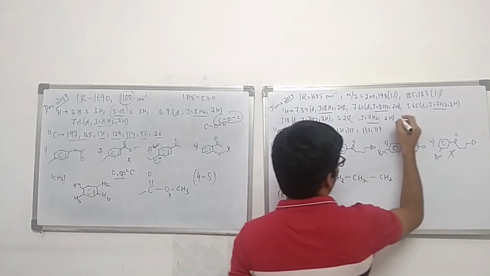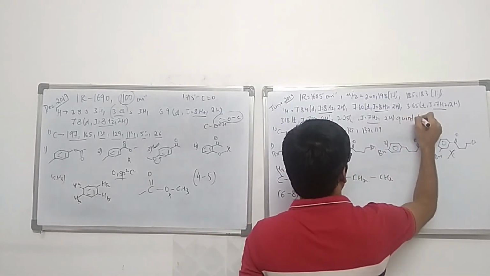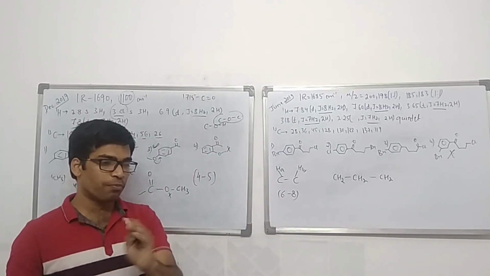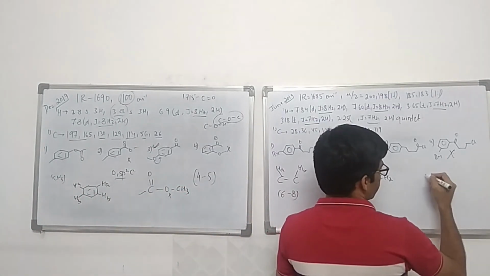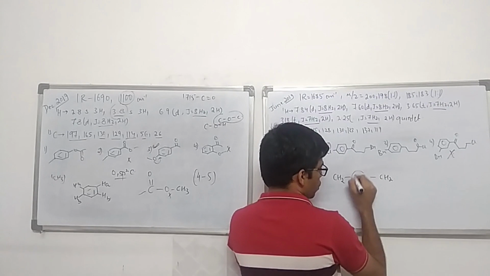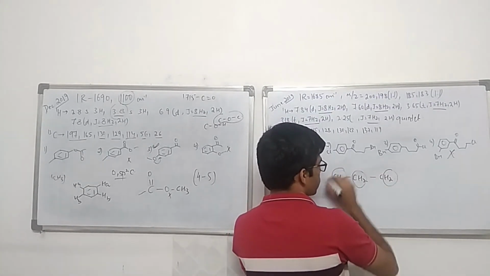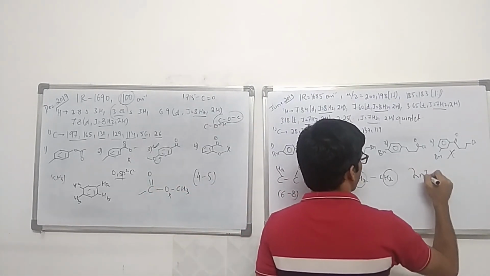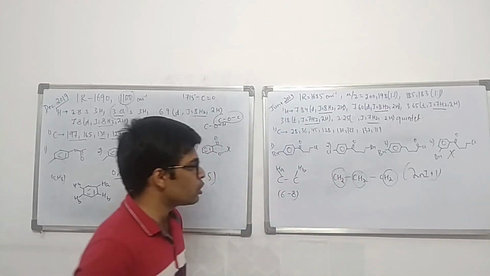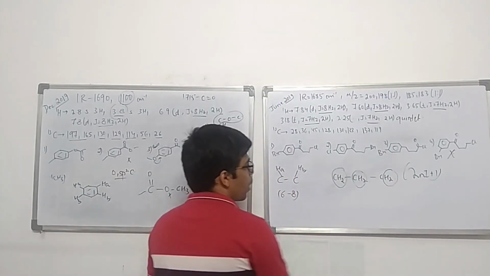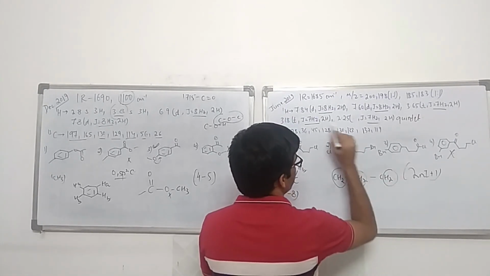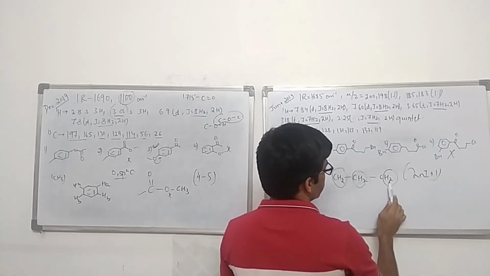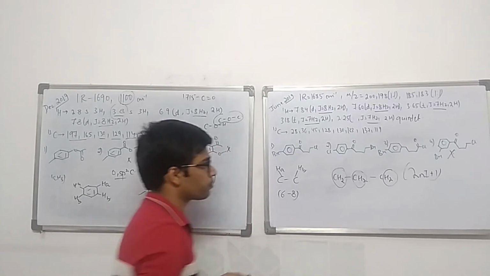This is a quintet, and a quintet means there are 5 peaks, which means there are 4 neighboring protons. So for this group there are 2 hydrogens on one side and 2 hydrogens on the other, because of which it is showing a quintet. There are 5 peaks because of the 2nI plus 1 rule. So you expect this kind of fragment here. Now this is interacting with this, because of which it has 7 Hz. This is interacting with this, because of which it has 7 Hz, and this is interacting with this, because of which it has 7 Hz.